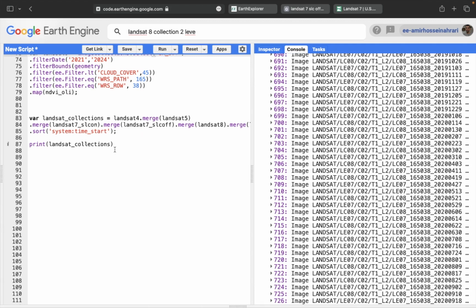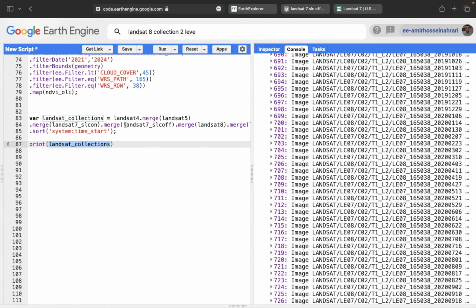Now we can do the NDVI time series or NDVI monitoring by different functions. For this single collection, you can do further analysis if you want. For example, if you want to calculate VCI, vegetation condition index, or some moisture index, now you can